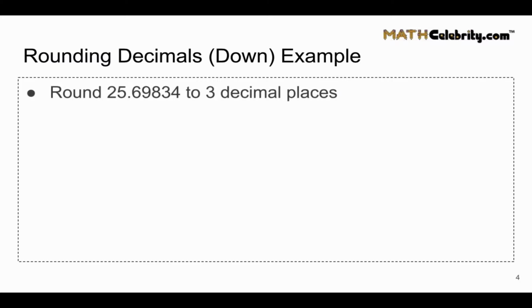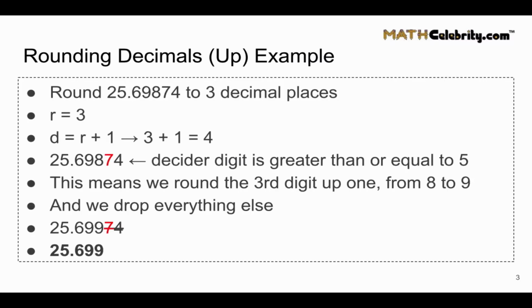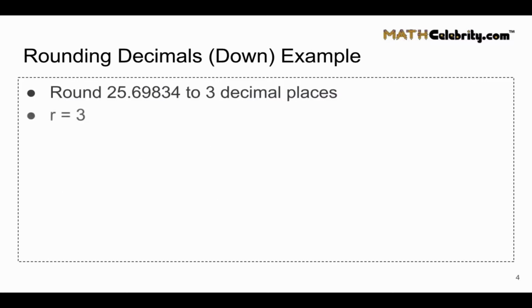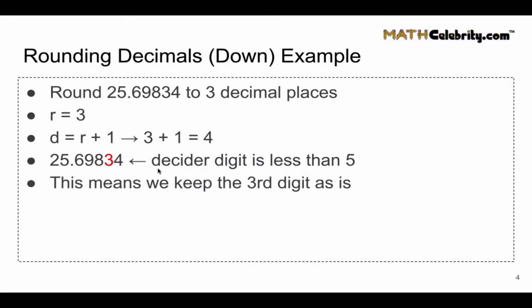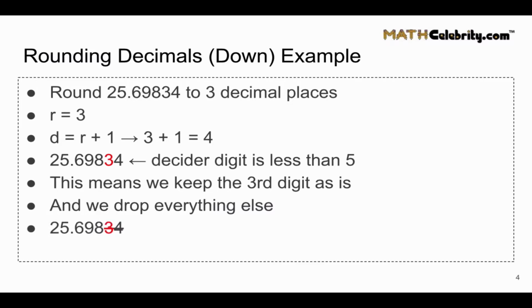Round 25.69834 to 3 decimal places. I've used the exact problem on this slide, but I changed one decimal place. R, once again, is 3, our third digit. Our decider digit, again, is 4. Now, the decider digit is 3, and because it's less than 5, we keep the third digit as is. So we're going to keep 8. We're not going to do anything with that. We'll chop off everything else, starting at the decider digit to the right. So we chop the 3, 4, and we're left with